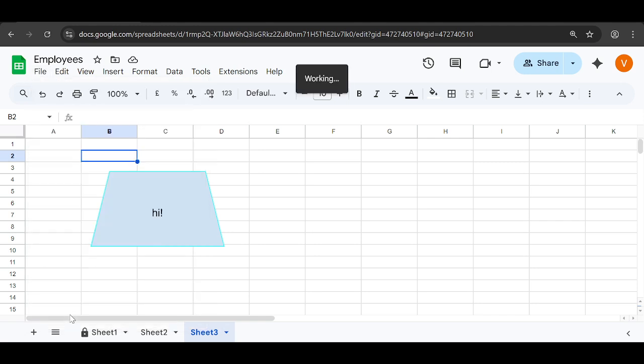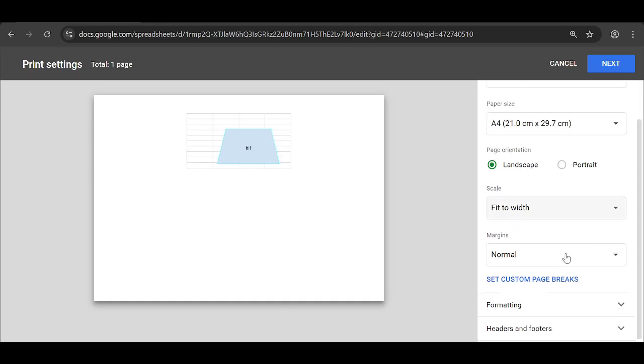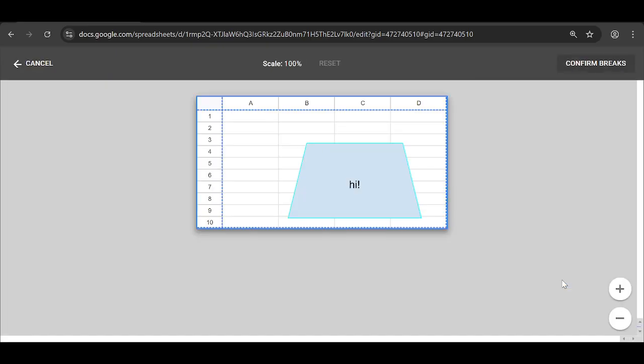adjustments before committing. Inside the print preview, look for the option labeled Set Custom Page Breaks. Click it to enter the page break editor. The grid of your sheet will appear with blue guidelines overlaid. These lines represent where the pages will split, both horizontally for rows and vertically for columns. You'll also see a page outline showing the current paper size and orientation so you can judge how much content